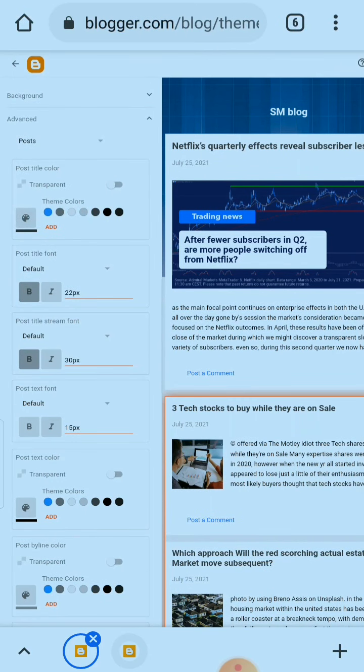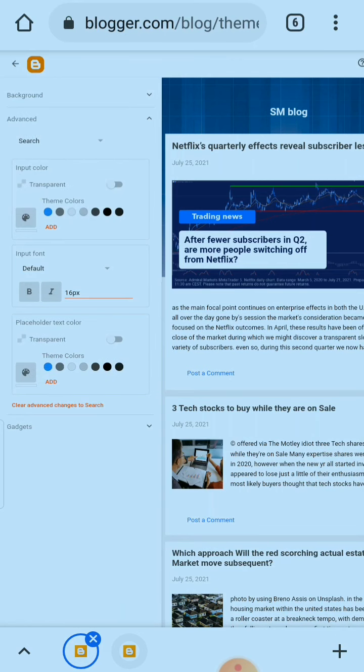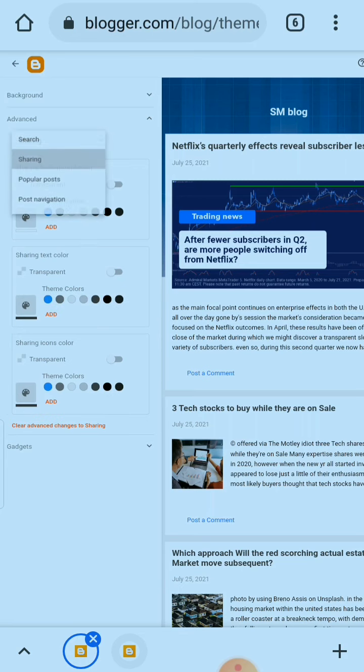Next is search bar. So this is for search bar. Placeholder text color is white. Input color is also white. Okay. So it's okay because I want it similar since it will be visible in the header. So I want it similar to my title color. Sharing. Sharing background color, text color, icons color.